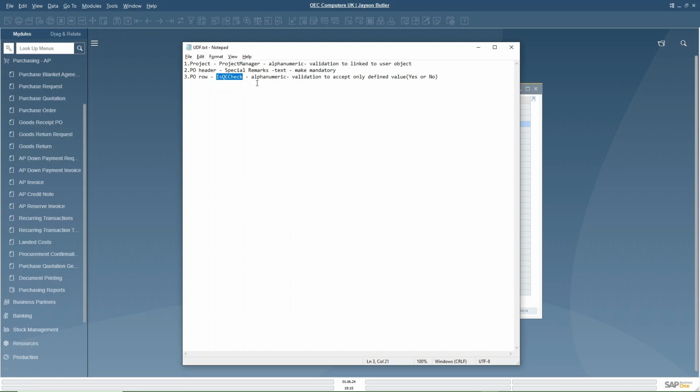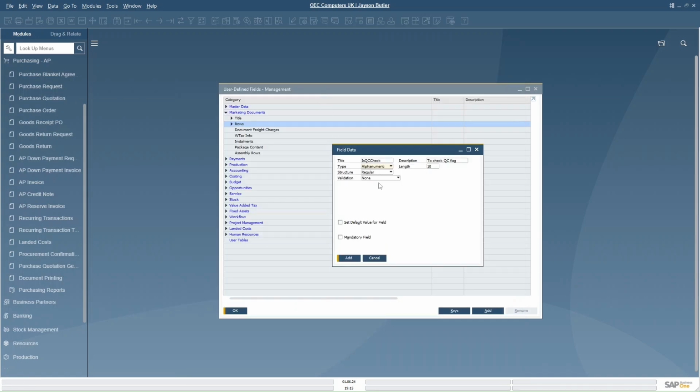You have to take alphanumeric, regular, and validation will be valid value. So now I will populate yes and no. Yes, description I will keep yes. No, description no.